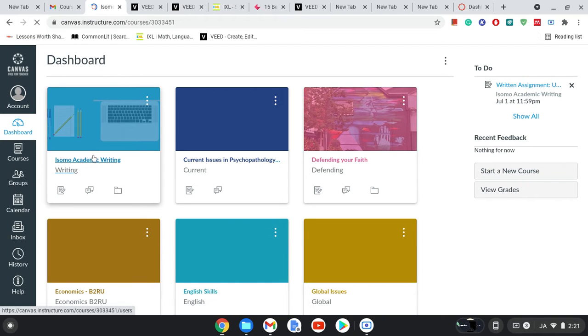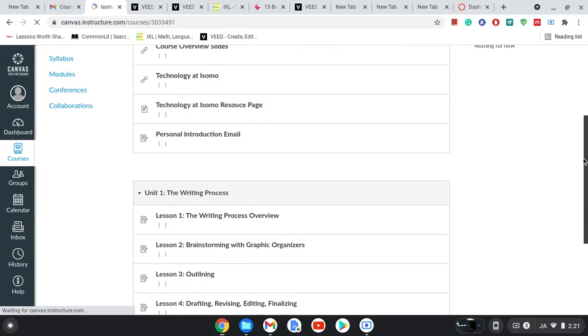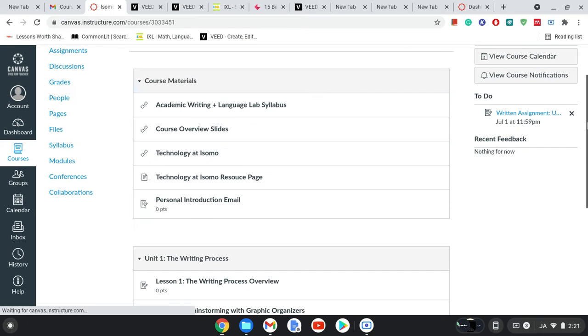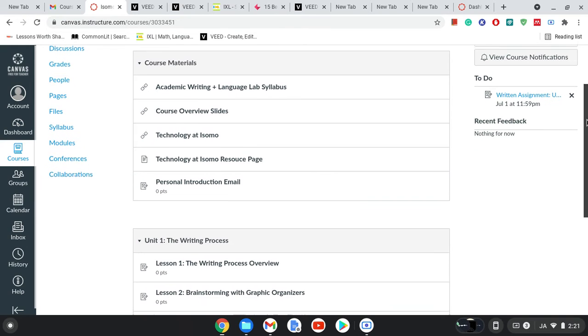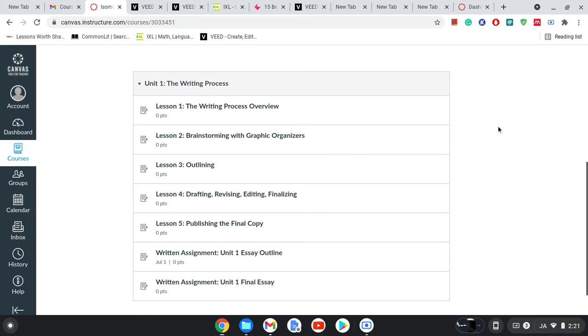So you click on the class to go there, and you'll see that the class is divided into different units. You can see here that at the beginning, there's all the resources you need to learn about the class and different resources that we will have to teach you how to use the different platforms at ASOMO. And you can see Unit 1, we'll be talking about the writing process. And each unit is divided into different lessons with typically 1 or 2 written assignments at the end of every